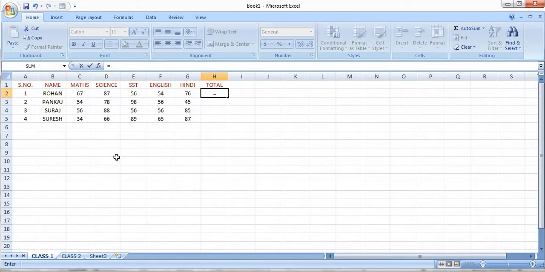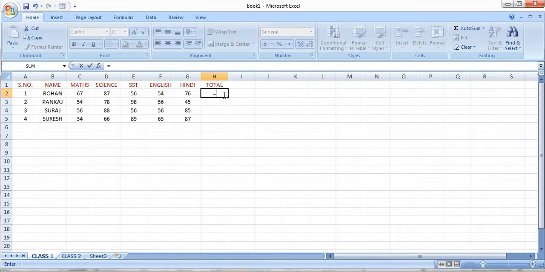Every cell is having one address, right? I have already told you every cell is having one address. Here, what is the address of this cell? I will click this cell. This is active now. So this is in B column and 8th row. So B8 is the address of this cell. If I click this cell, the address of this cell is E and 9, and always write column letter before row number. So E9 is the address of this cell. What is the address of this cell? G6.